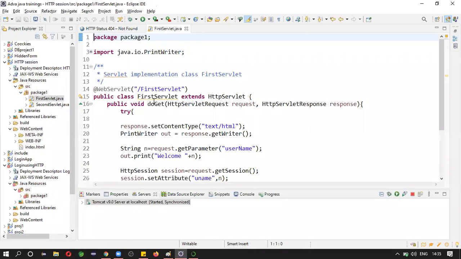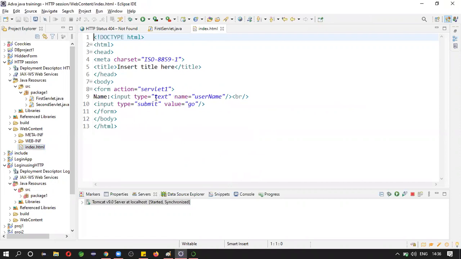Maybe here servlet one, right? I could change it. Open this form. First servlet.